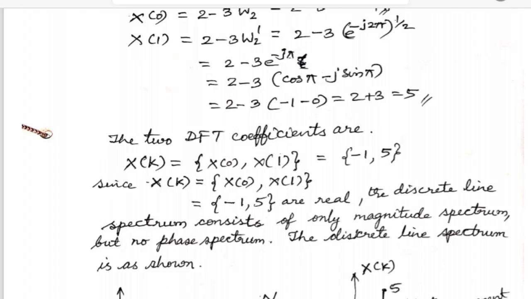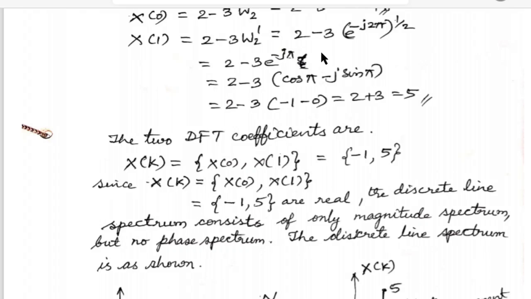Along the x-axis we write the number small n, and its value is shown with vertical lines, based on the magnitude of that value. So here on the left side is the discrete line spectrum. Generally the discrete line spectrum consists of only the magnitude spectrum but no phase spectrum. The phase spectrum can also be shown by finding the phase of each